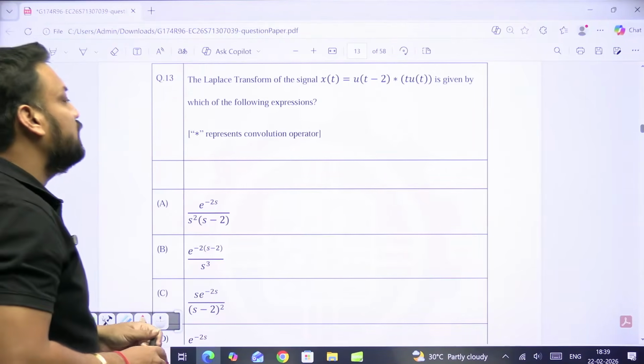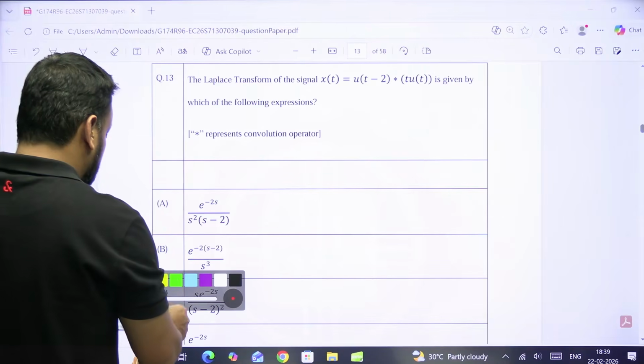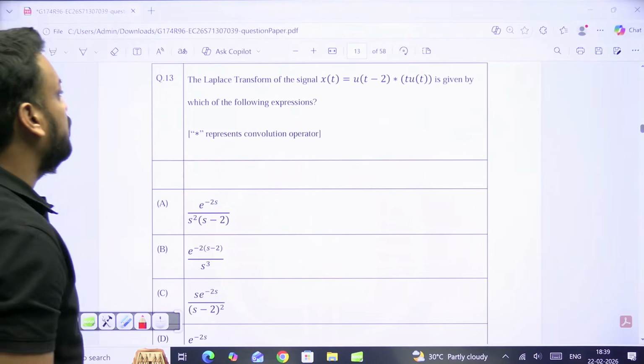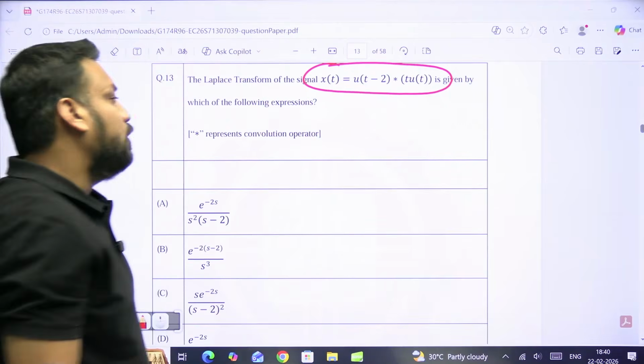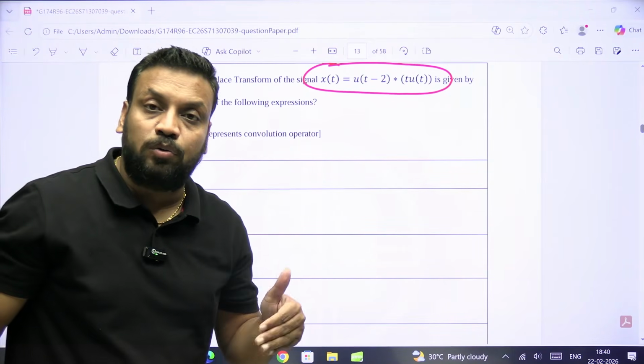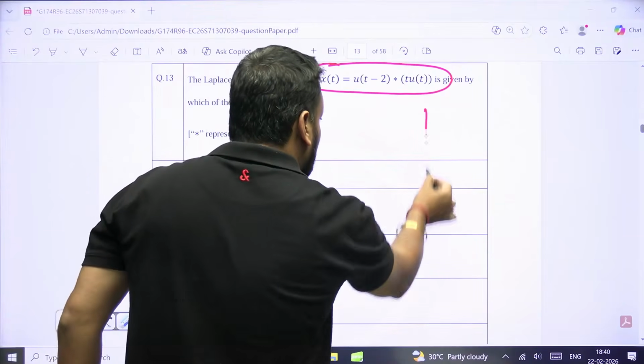So ECE students के लिए जो signals के questions हैं, आइए one by one उनको discuss कर लेते हैं. So students, when you see the first question, the Laplace transform of this signal x(t). अब ये question हम दो तरीके से कर सकते थे। आप चाहो तो convolution वाले तरीके से कर सकते हो, आप चाहो तो Laplace वाले तरीके से कर सकते हो।